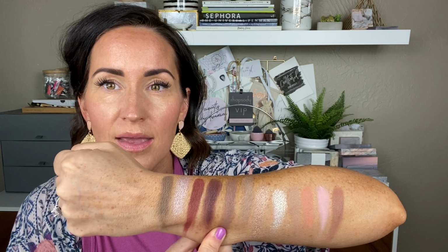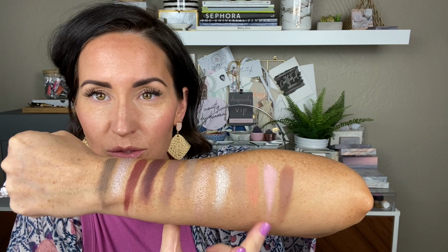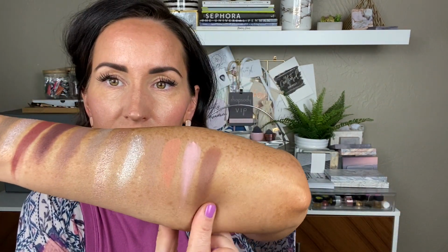If you can compare it, this one is Sleigh Ride. So this one's got more of that gray, purpley, cool tone. This one's a touch warmer, but if you look at it, it's not super warm. If you were going to compare that to Bubba, okay? Bubba looks so light next to it. So light. I feel like it's got kind of the same tones as Bubba, but it's a little bit